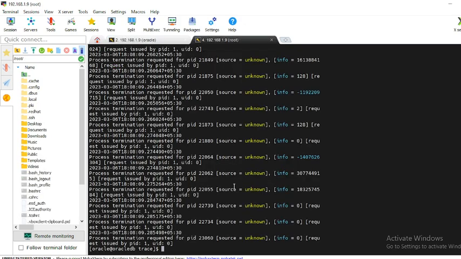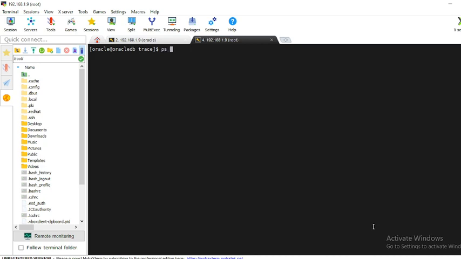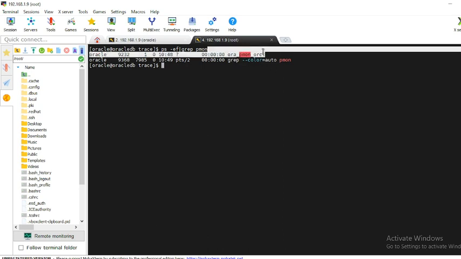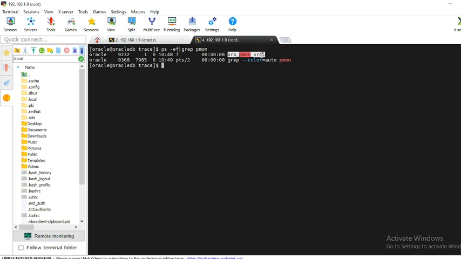As you can see, when we checked ps -ef | grep pmon earlier, we did not find any Oracle processes, but here we will find one ora_pmon_ORCL, which means one Oracle database process is running. So your Oracle instance is started, your Oracle background processes are started.